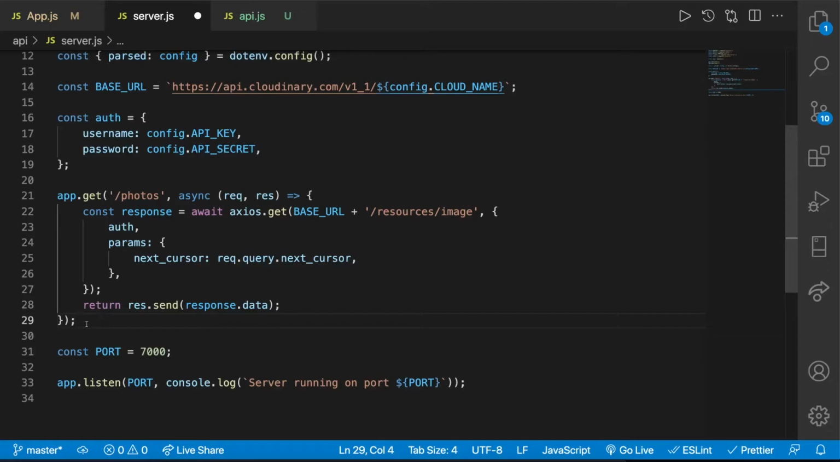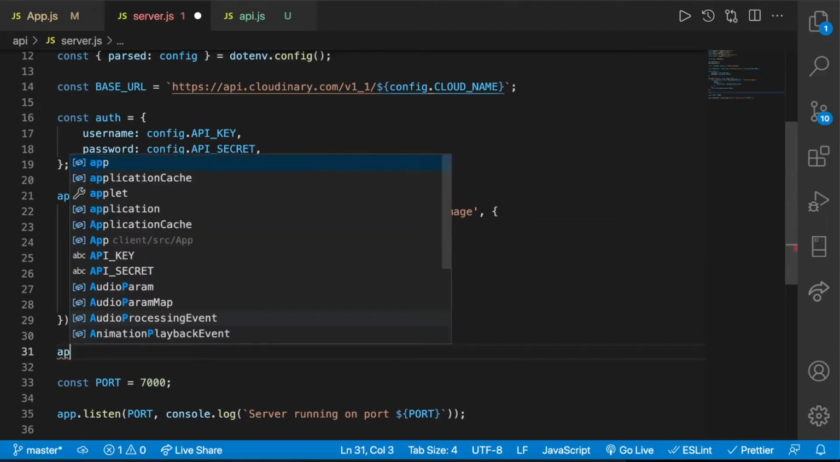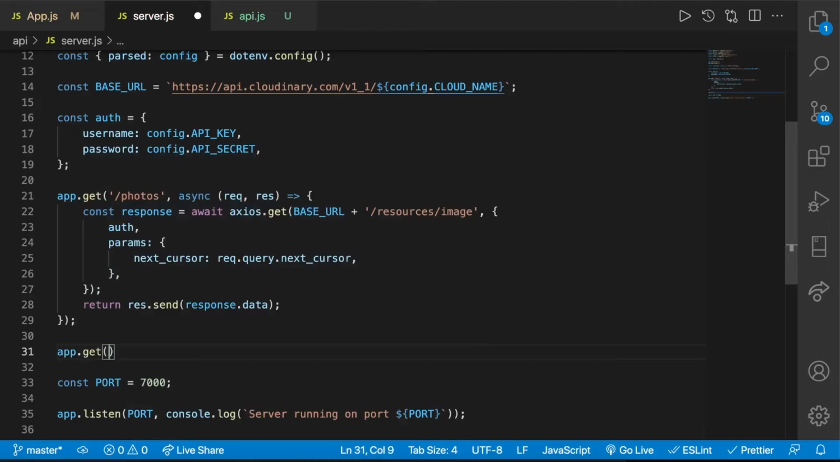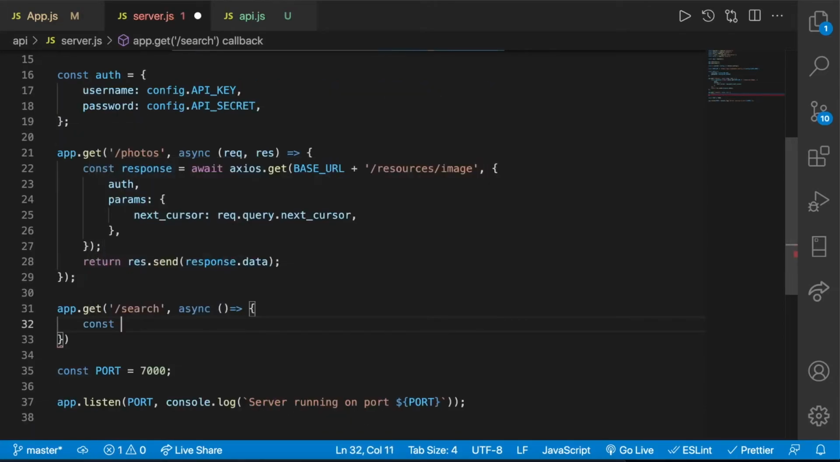Okay, so now we're going to make our search endpoint. So it's going to look similar to this function in that it will use Axios to call Cloudinary and return the data. So we will take a new line and say app.get, open our braces, open some quotes, and we'll pass in the string of which we want the endpoint to be. So it's going to be /search. Next, we'll pass in our async function, and this will be an arrow function. And in here, we'll do const response is equal to await